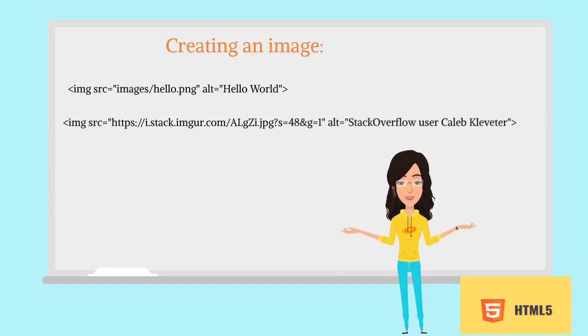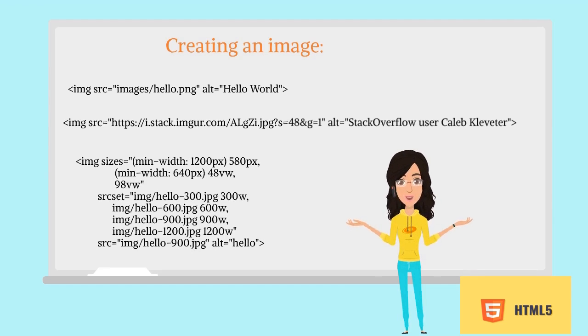The third is a responsive image using the srcset attribute. So using srcset with sizes, there is an image. The sizes are like media queries describing how much space the image takes of the viewport.